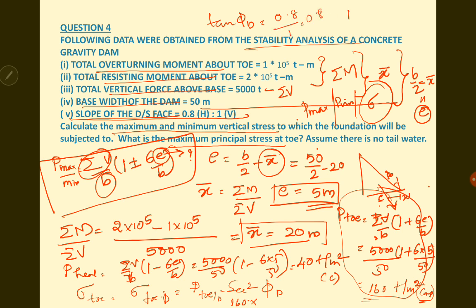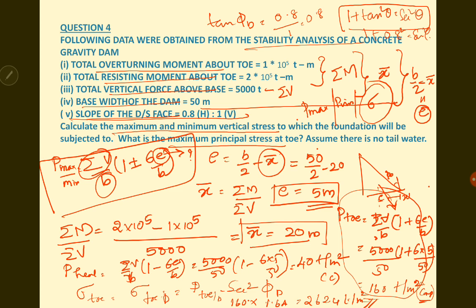Okay, you will be knowing that 1 plus tan square theta will be equal to secant square theta, right? So using this identity, it is better to use this identity rather than finding out tan, cos and all and then finding the secant. So you can just take it as 1 plus 0.8 square will be equal to secant square phi, which is 1.64. So you will be getting the value as 262.4 ton per meter square as the major principal stress at the toe.